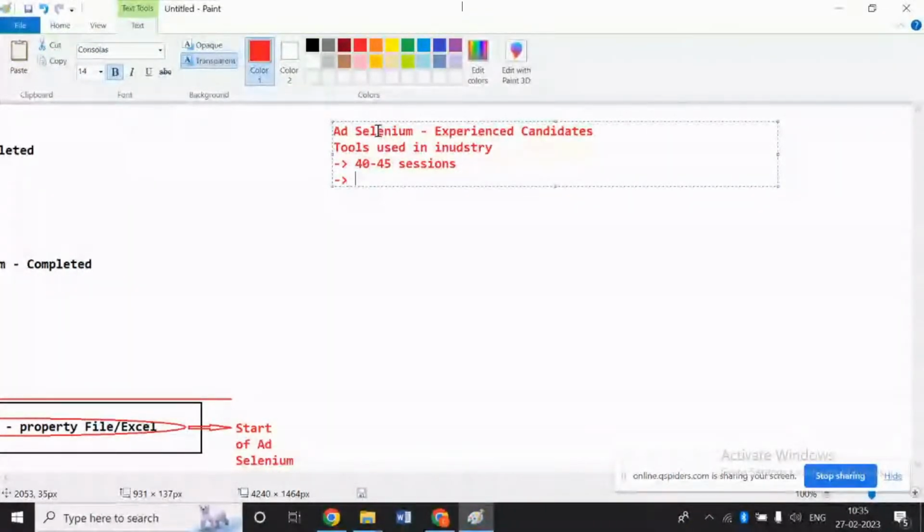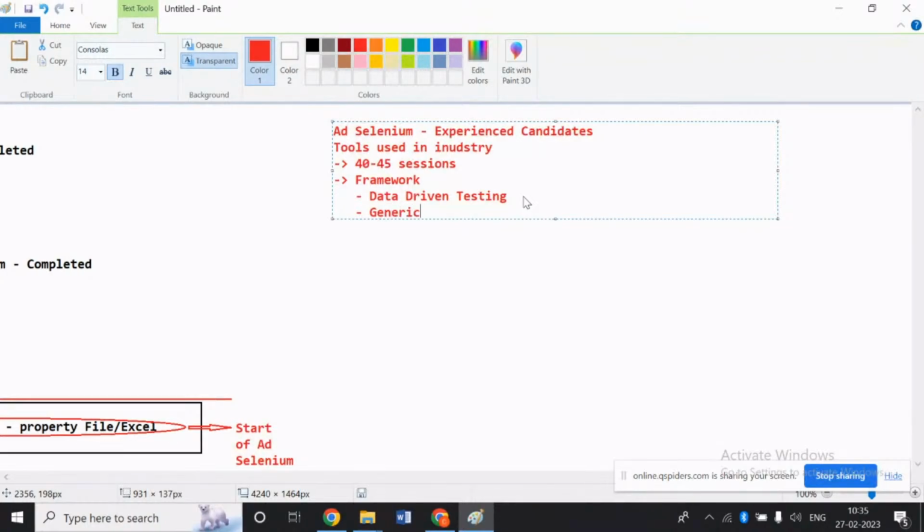I know that. Point number one, we are going to start with data driven testing. So basically, this is framework design from the scratch. Under that, the first thing you are going to do is work on data driven testing. Then we are going to learn something called as writing generic methods. Okay, then we are going to start with